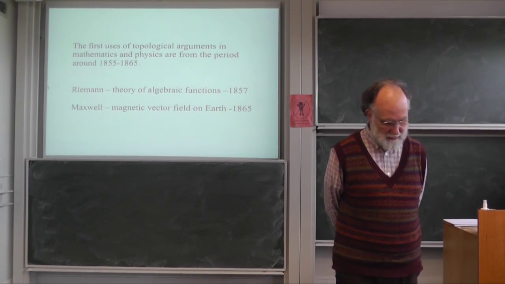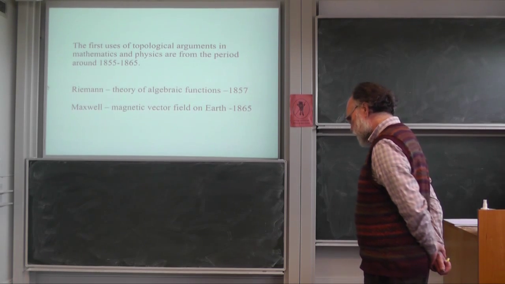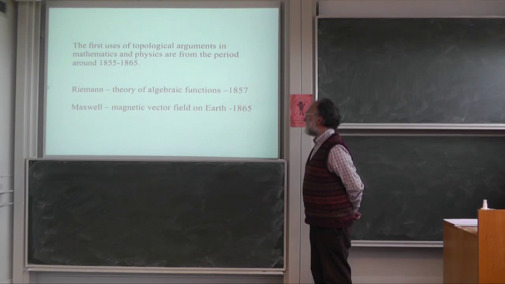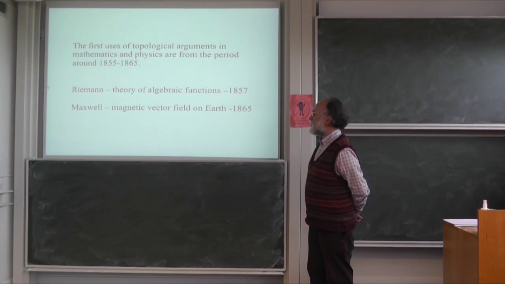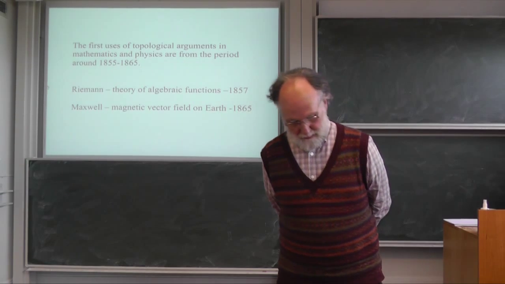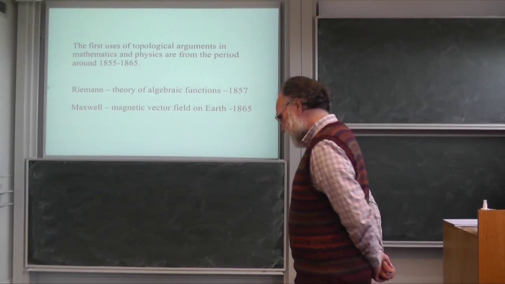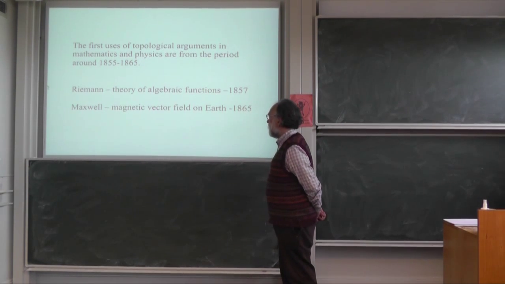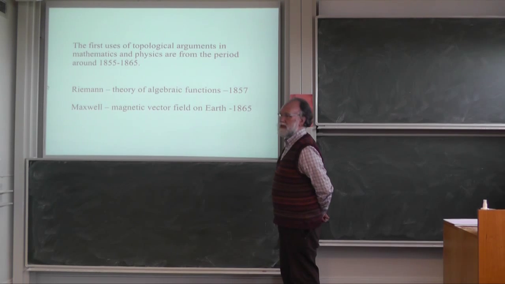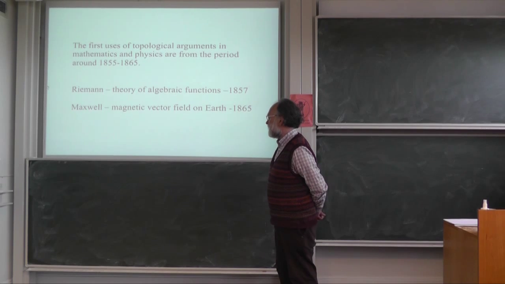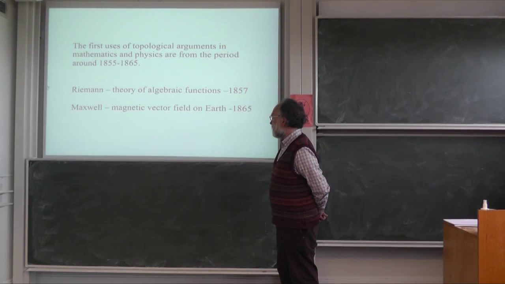It's in this period, 1855 to 1865, that you get the first serious uses of topology. Riemann's work was very dramatic. This is what I'm going to be talking about. It was in 1857. I just wanted to point out the second piece of work that I know of where topology is used in a serious argument outside topology, which is the study of the Earth's magnetic field, in which Maxwell unravels, in volume 2 of his treatise on electromagnetism,